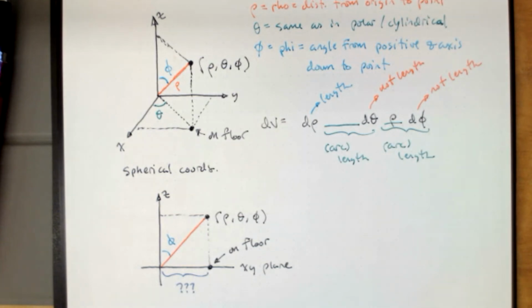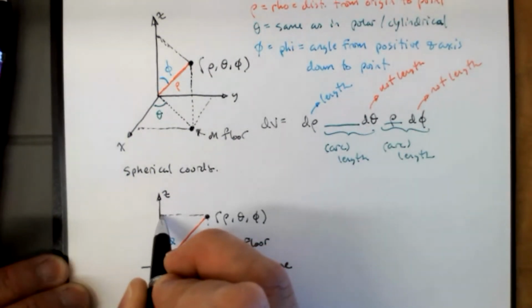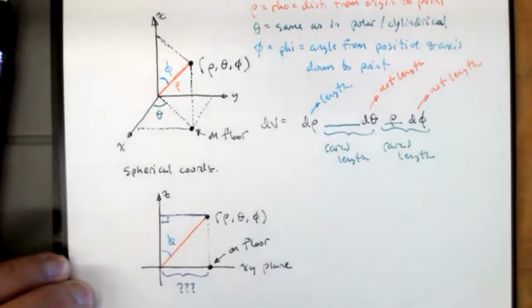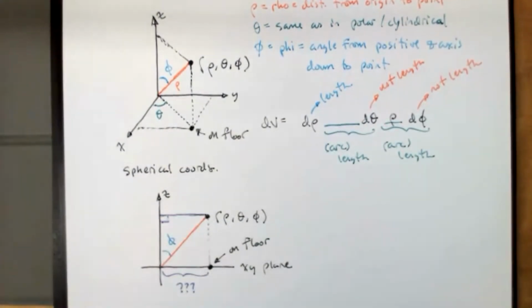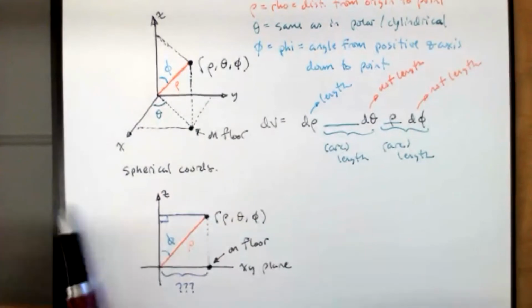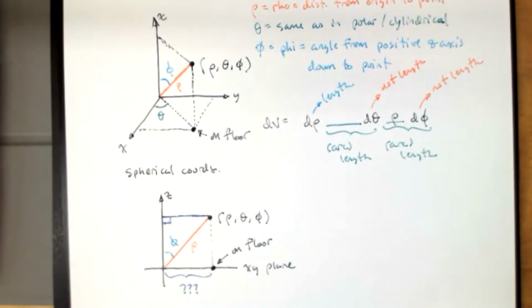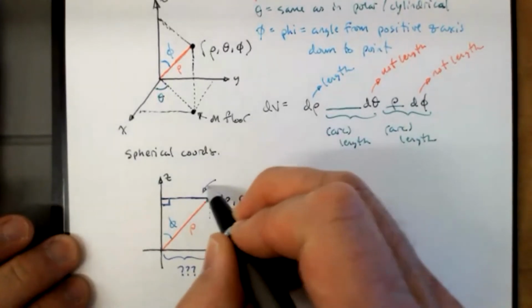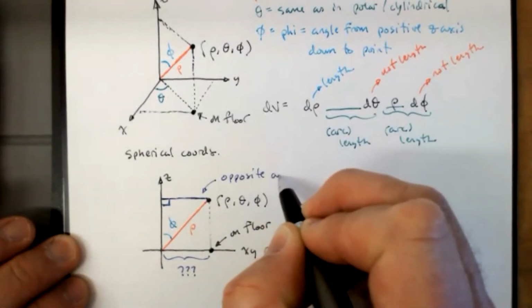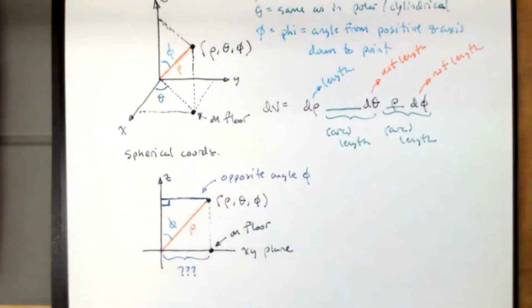That length is one of the sides of the angle theta. So I need to know how far that point on the floor is from the origin. Notice that that's the same distance as this side up here. And so I could use this right triangle with a hypotenuse of rho. And the distance that we're looking for is opposite the angle phi. So that tells me that I want to use sine. The sine of phi is the side that we're looking for